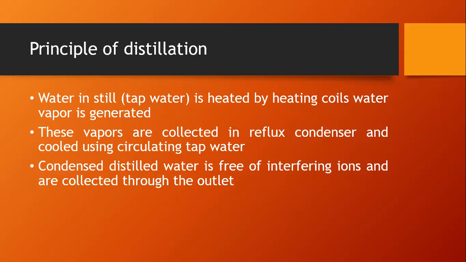So we direct this steam into a component called a reflux condenser, into a condenser, where when it is passing through the condenser, at the same time the condenser is also going to circulate coolant, or here we use tap water as our coolant. So the role of the coolant is to decrease the temperature of the water vapor. So as the temperature starts to decrease, what happens to this water vapor? It's going to change its physical state again. Now it is going to convert from gaseous state to liquid state.